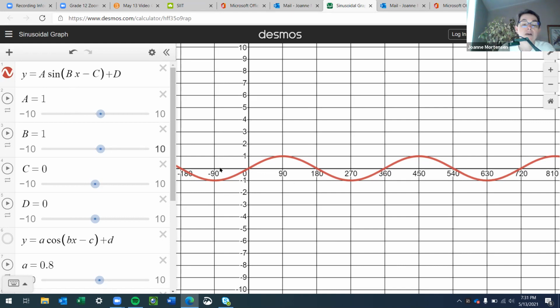All right, so I have turned on my sine graph. You can see that it is a periodic function. Remember, periodic function means it repeats over and over again. We want to start, and I just want to remind you,